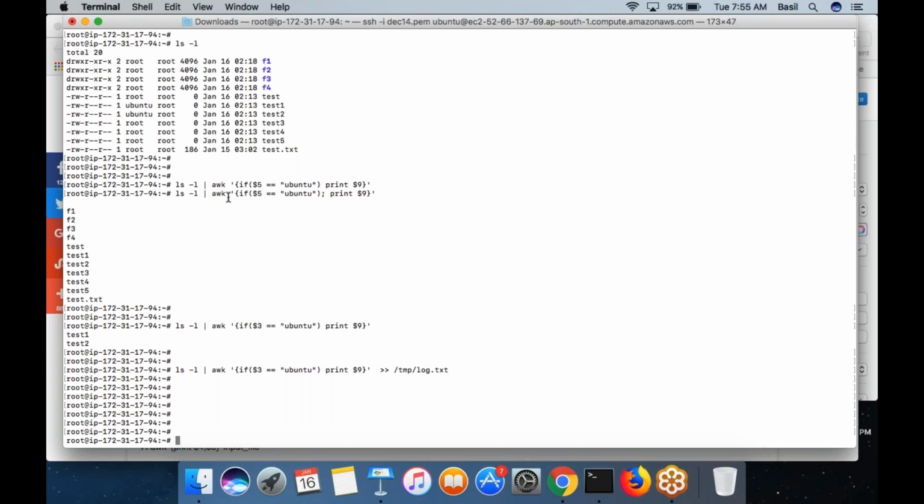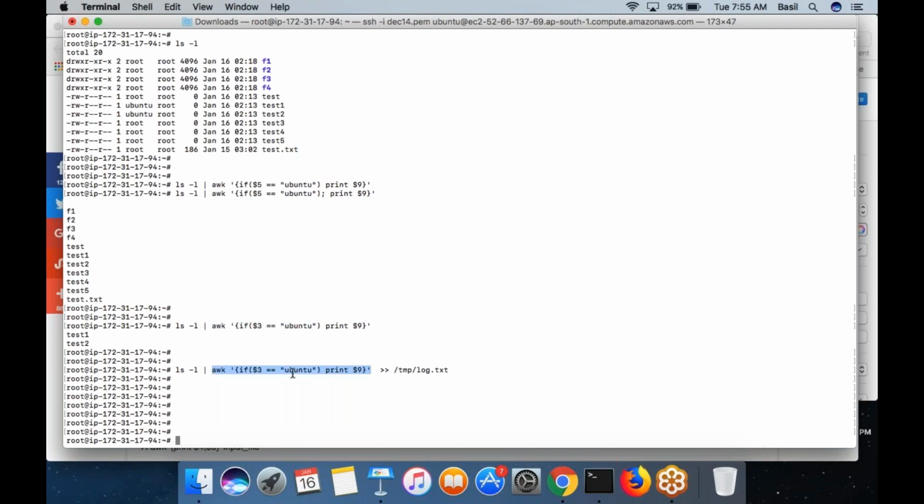Okay, let's say I'm in a situation where I want to look for a particular file name, and if that file name is present, then I want to print the owner, right? I want to look for a file name, or let's say Ubuntu. Think about this. Maybe this is a good example also.